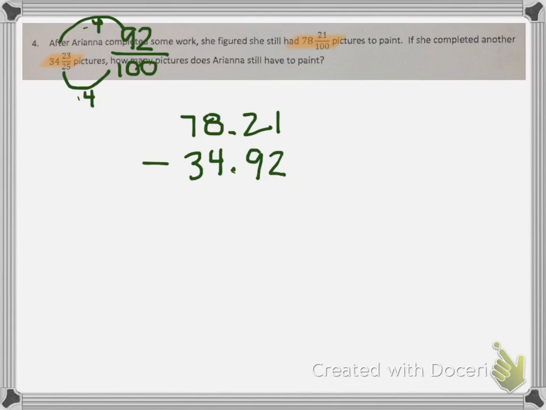Okay, this is subtraction. So let's see, can't take 2 away from 1, so I need to borrow, but I can't take 9 away from 2, so I need to borrow again. So I'm going to borrow all the way over here, that's a 7. Borrow it over, and then I got to borrow from the 12 to make it 11, and then I have